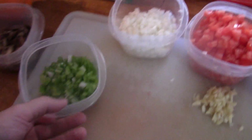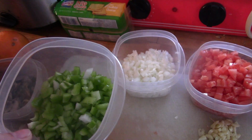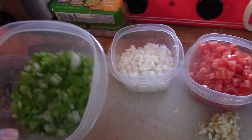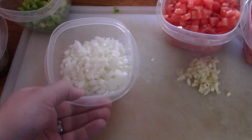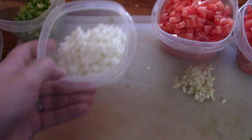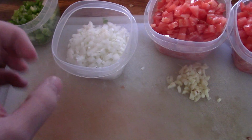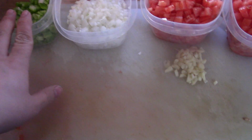Didn't take too long. We have a whole cubanelle pepper. Cubanelle? I don't know, either way. It's kind of a sweet pepper. It is a sweet pepper. It's almost like candy. A white onion. You can use yellow onion if you want. I like the white one because it kind of holds a little bit of its texture. It's kind of crispier and it's got a more robust flavor, which goes nice with the sweetness of the